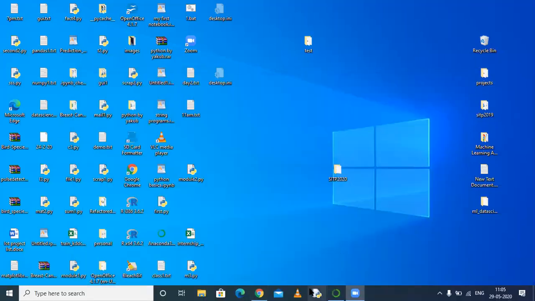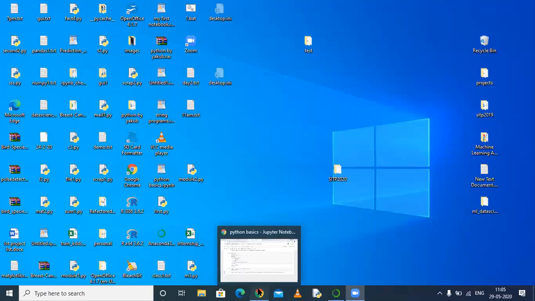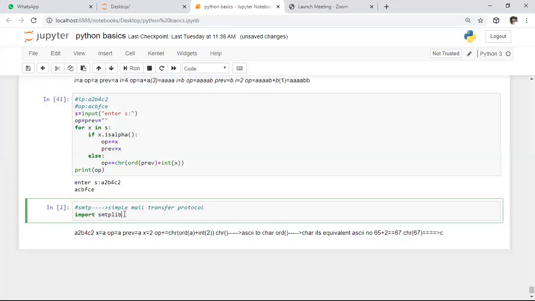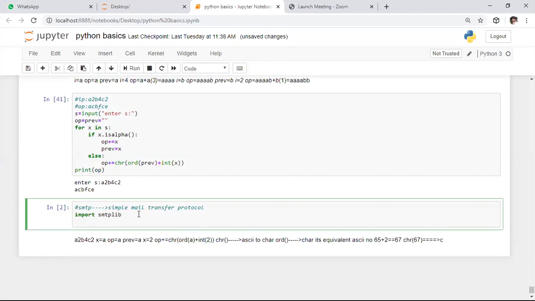After this, if you want to send a mail, what do we need to do? We need to import this SMTP library. Yes, it is not giving any error. It is successfully executed. That means this module is already predefined in our laptop. Now, initially we need to have the sender mail ID. So here we need to enter the sender mail ID. Here I want to enter my mail ID, that is